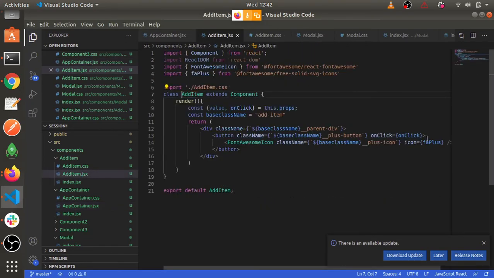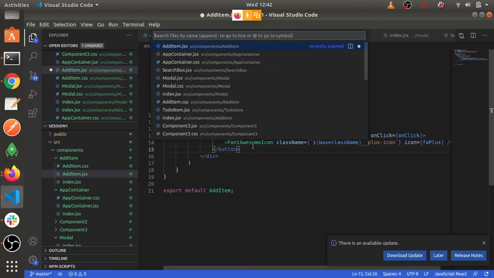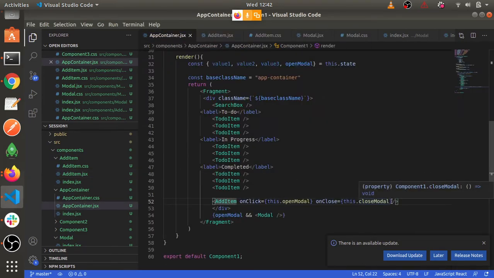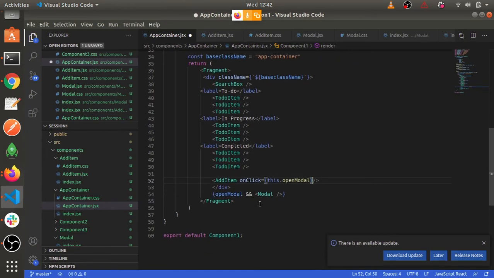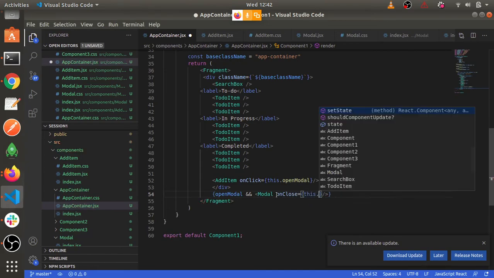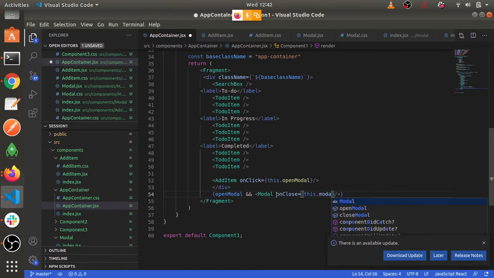I'll go to this item, and that button has not been created yet, but I'll create that. And where should I do that? Oh, this is an add item. That's where I don't need to pass. I need to pass it to the model. App container, this close should be passed to the model. So I'll go to the model, I'll pass this. You can see like logically where it should be, right? This dot model close model.